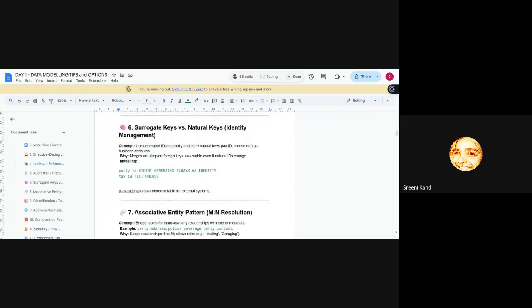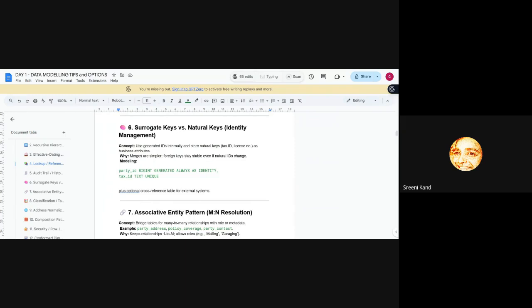So basically you should be independent of what the business data is. Your join should not depend on business keys, with changing business keys, with deleted business keys. So how do you do that? You create a surrogate, in the sense, an artificial key,